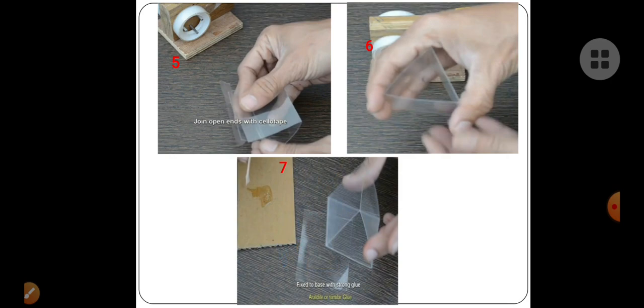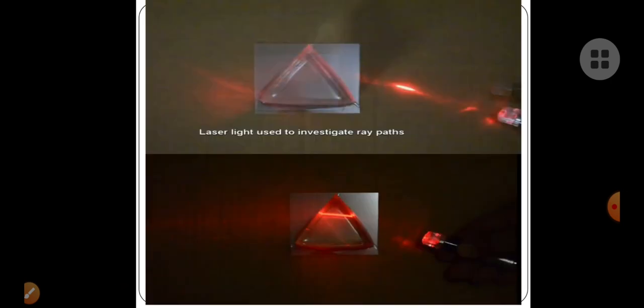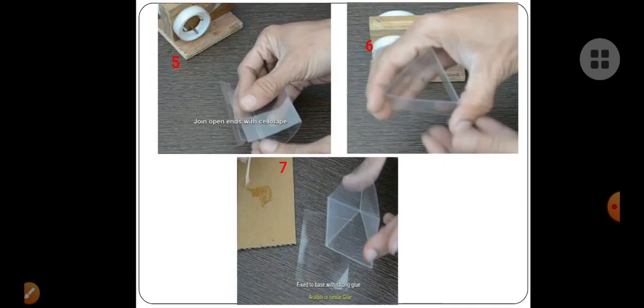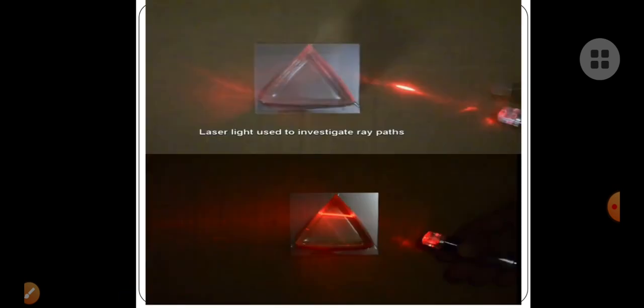We can keep the other end of this prism open, or we can cover the other end also with the help of one more plastic sheet. But before that, we will fill some water in this prism or any other material, transparent material preferably, because the ray of light can pass through that transparent liquid, be visible, and show deviation. So finally we will get such a prism.